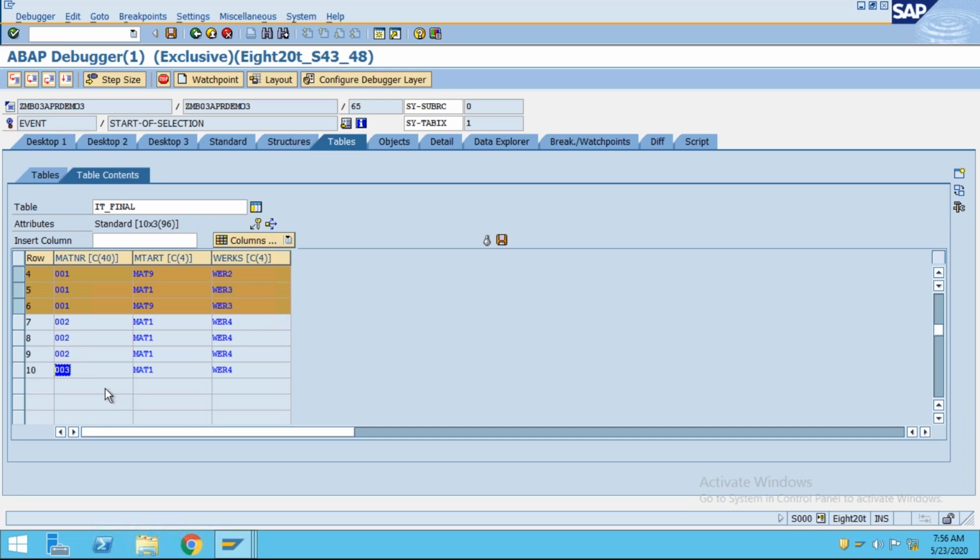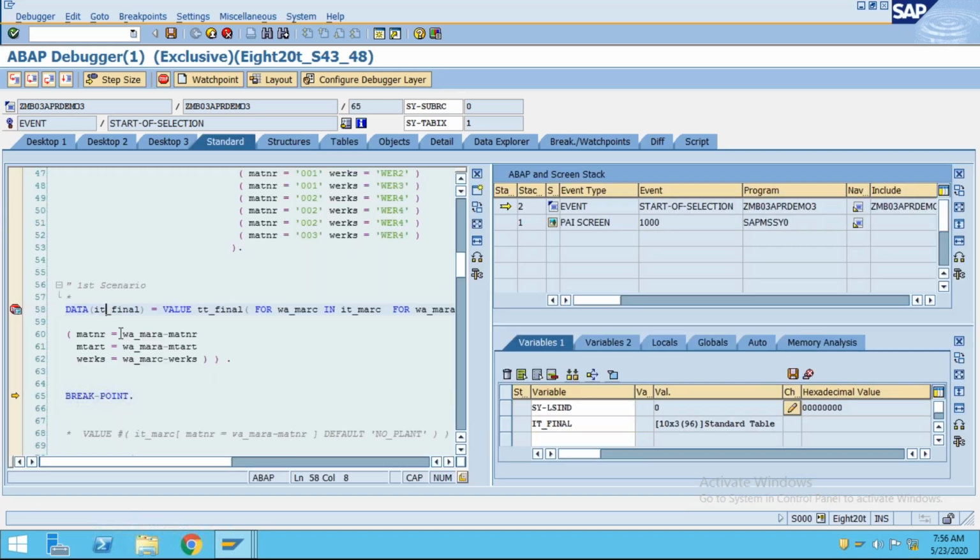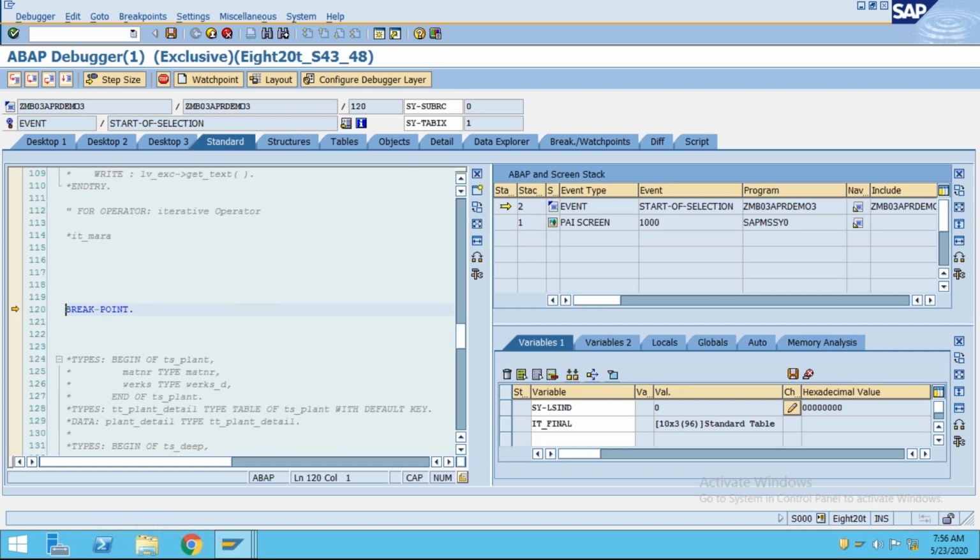So we can use delete adjacent duplicates over here, because we have put the data in such a way that it will be having duplicate records. So that is how our data is going to get populated. Okay,